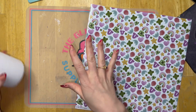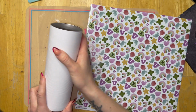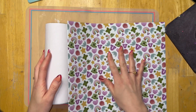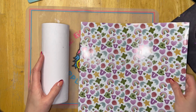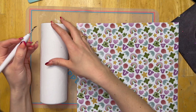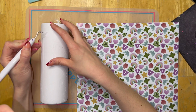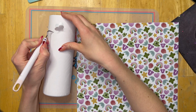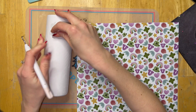Okay, so this part can definitely seem a little bit intimidating, but I promise you it's not. You just need a good show in the background and a little bit of patience, very similar to the basket weave tumbler that we did a couple of weeks ago. So the first thing I'm going to do is check to make sure my vinyl that has this exact template cut out on it is in the same direction as my tumbler